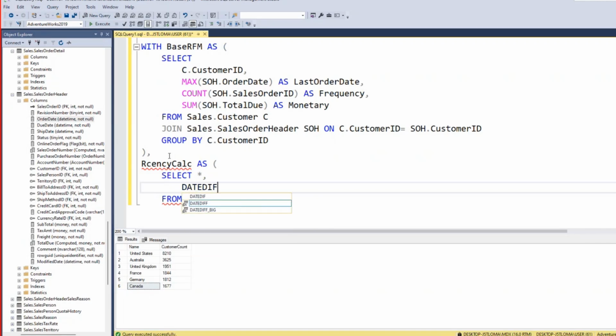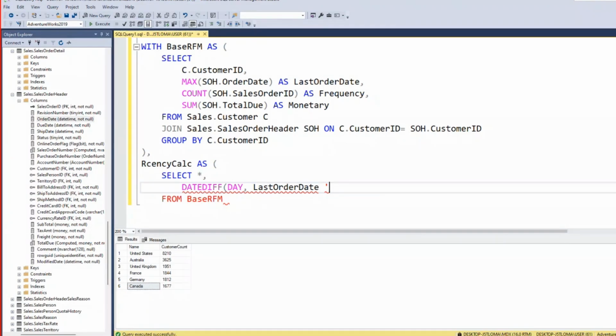And I'm going to use the dateDiff function to get the difference between two dates. So in days, I'm going to use the date part, starting from the last order date to